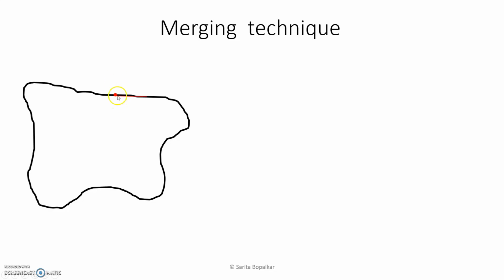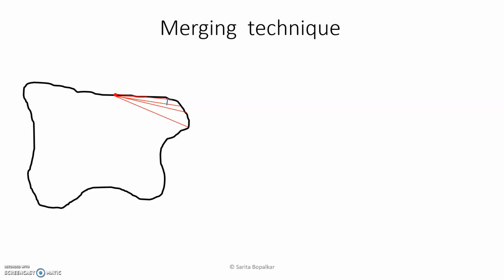Now we'll connect this point to the next boundary point by a straight line. Suppose this point we have connected by a straight line. Again we will consider the next point and connect it by a straight line. Again we will consider the next point, and connect it by a straight line. Now we'll start merging the boundary points till the least square error exceeds the threshold. Consider some more points. So these different points we have considered. Now, least square error exceeds the threshold means what?